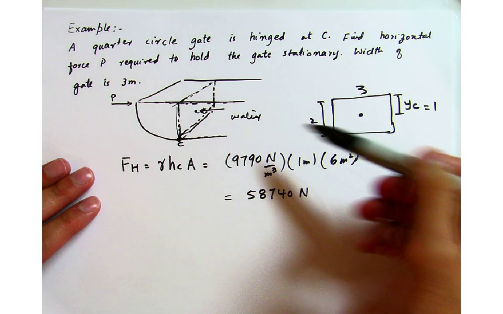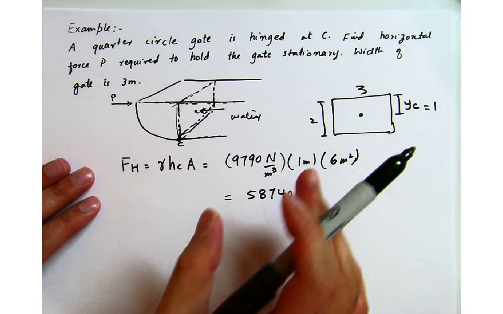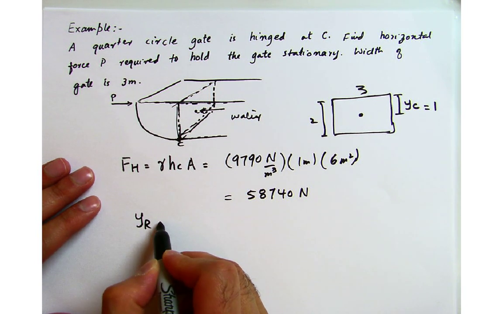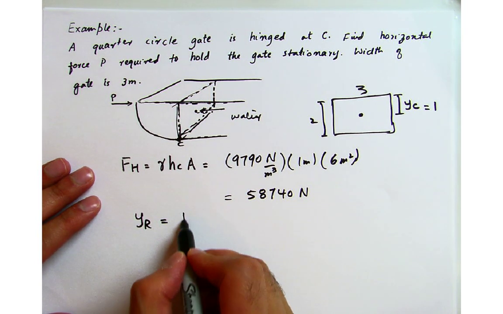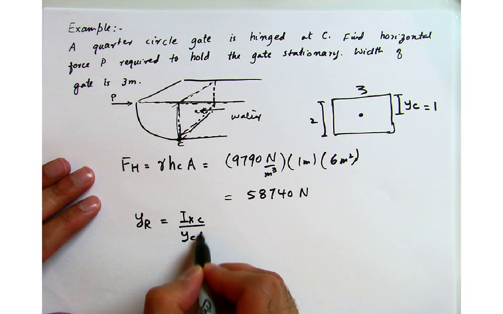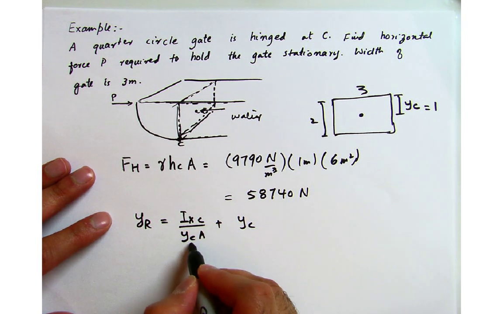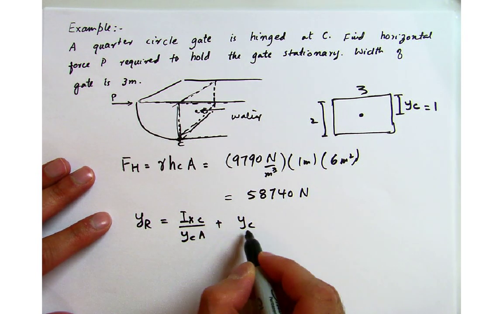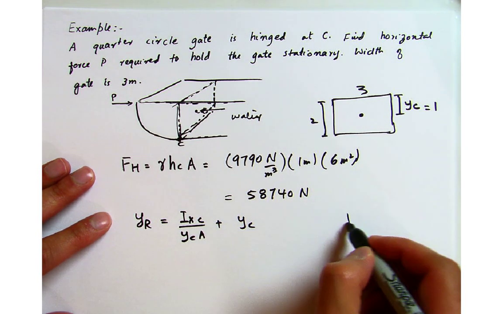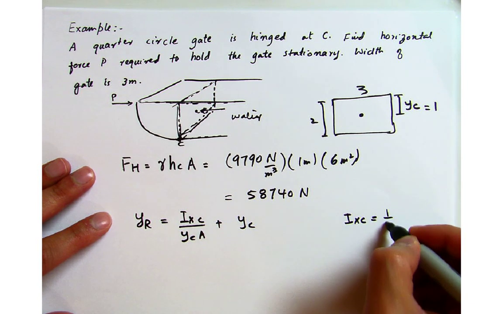So this is the force that's being applied in this direction. We don't know the location of that force yet, but we do know the magnitude of that. The way we can find where this force is acting, I will use this relationship: y of r is Ixc over yc A plus yc, and we have this yc, which is 1. So for the area, it's 3 times 2. The only missing quantity is this Ixc, which I can find out by,